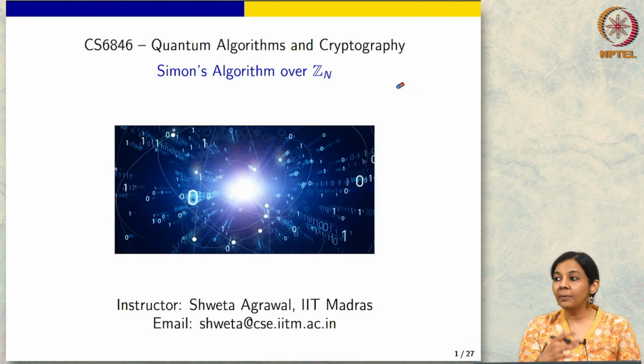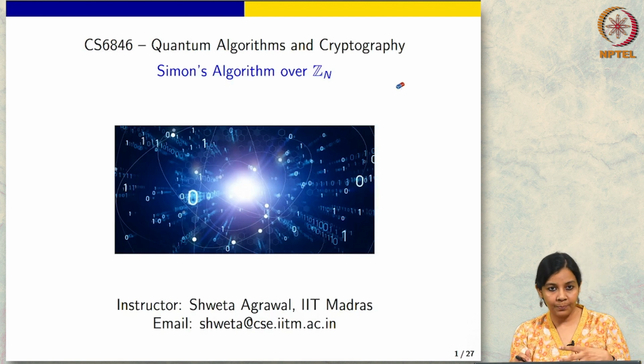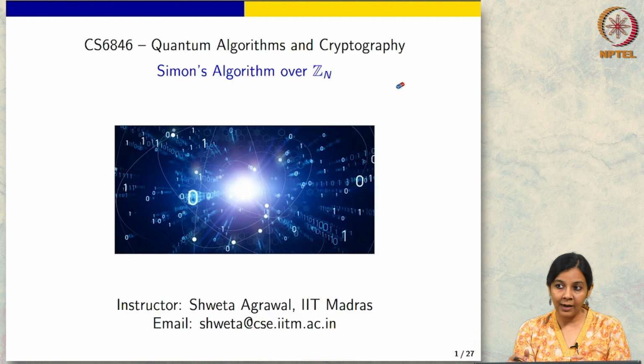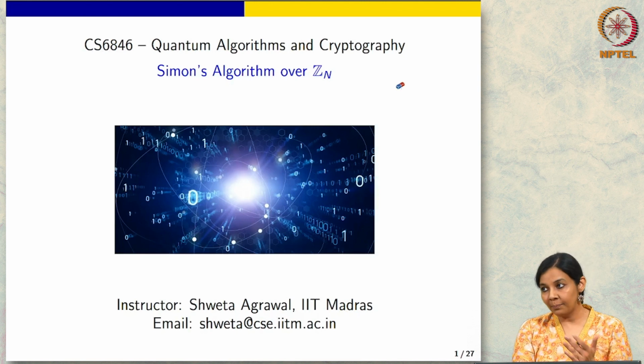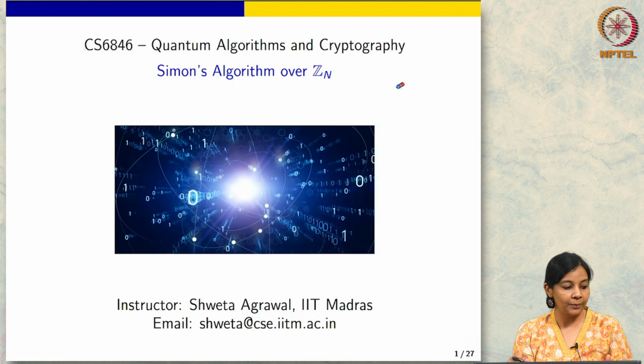we can similarly generalize Simon's algorithm, which we saw before, to this new space, and this will very quickly lead us to Shor's algorithm. So, this is a two-step process by which we will see Shor's algorithm. We are going to see how Simon's algorithm over Zn essentially helps us find the period of a periodic function, and then we will see how this applies to finding discrete log and factors of a large number.